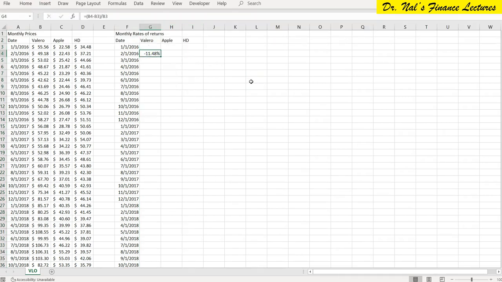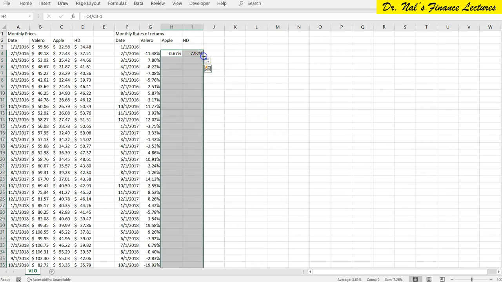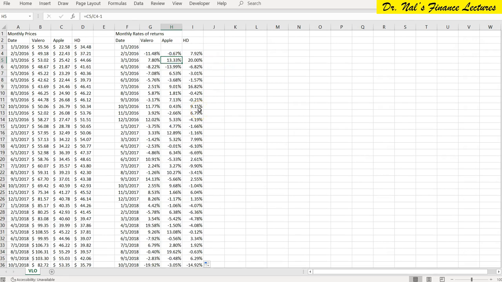Alternatively, we could have done the following. We could have said equal to, I think this is the one that's easier. So new price divided by old price minus 1. So that would be the net change. And all I need is now double click. Boom. And we can do the same thing now. We can just go ahead and first carry this over to the next two. So for instance, if I go inside this one, you guys can see that it works. So this is the holding period returns, and we can just double click now. There you go. So now that I have monthly returns for Valero, Apple, and HD,